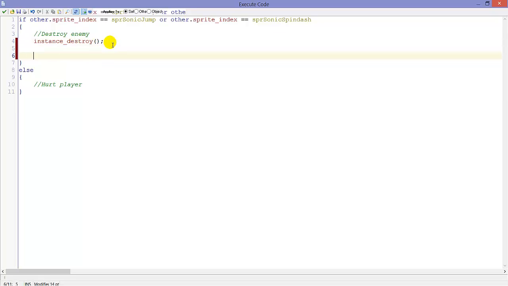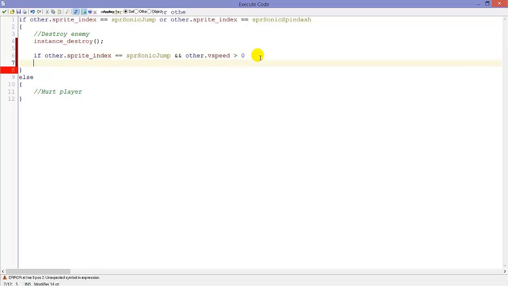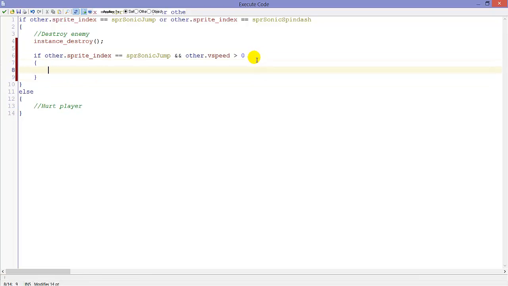So to do that, first, if sprite index equals sprite sonic jump, and other that's vertical speed greater than 0, so if we are moving down, if keyboard check,